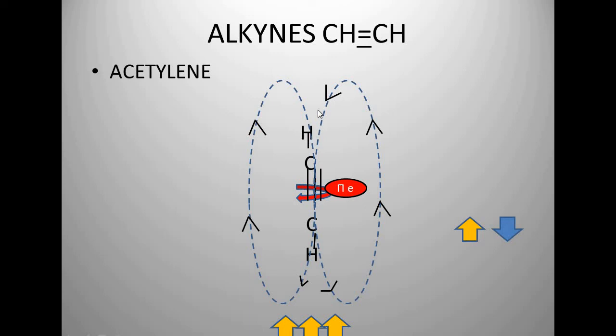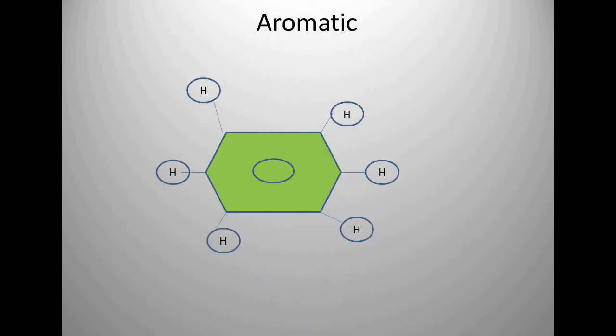Like this is the external magnetic field and this is the induced. Consider this proton also: the direction of the induced magnetic field is downward and the external magnetic field is like this, so it is in the upward direction. Considering this proton also, the condition is the same, and considering this proton also, the condition is the same. So you can say the alkyne or acetylene compound, or a compound with a triple bond, shows the anisotropic effect with a shielding effect, and this shielding is observed at a delta value of 2.02 to 3.5 ppm.